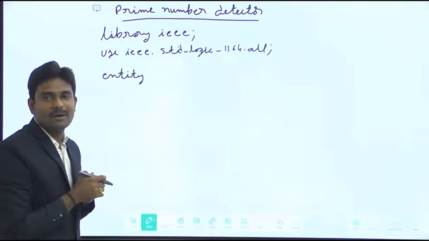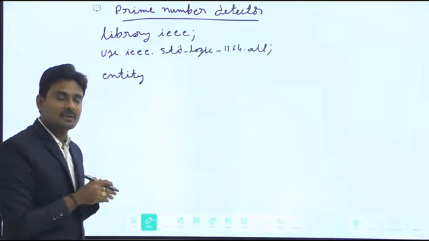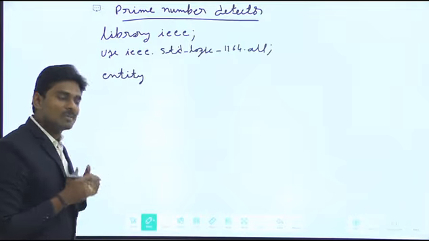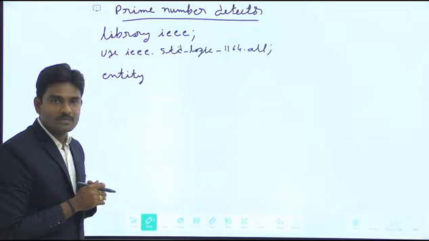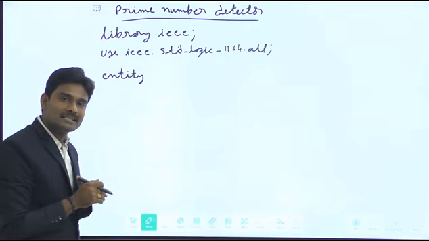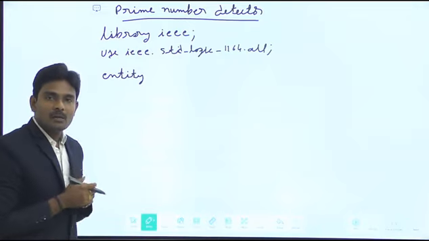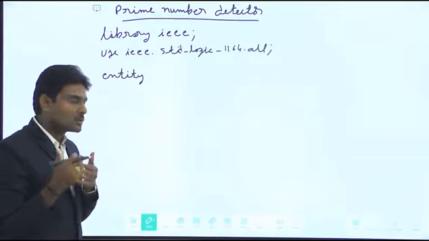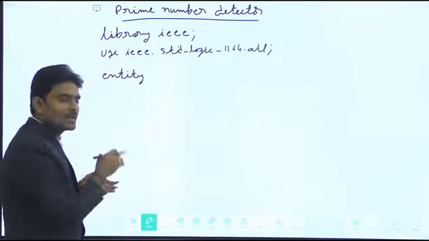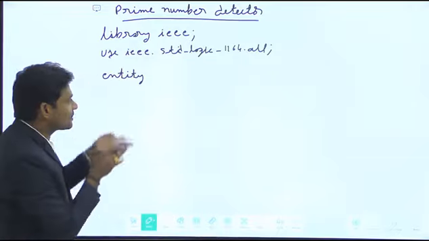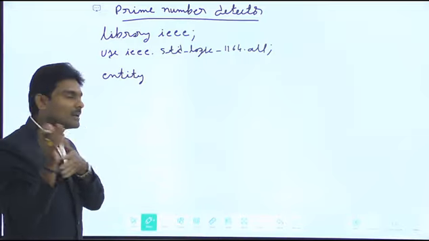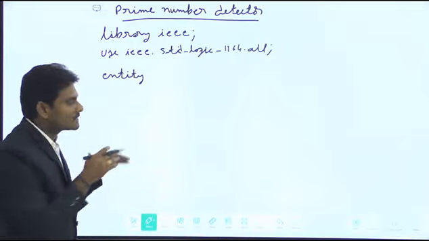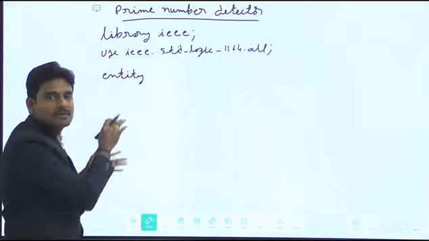And moreover, while we are realizing any particular circuit, in the majority of cases we only need to write all the programs ourselves. So in that regard, there is less chance of taking data from other projects. Because of that, here also I considered the same. So I am not going to include any other project work library over here. Directly I am assuming that I have already predefined whatever is required.